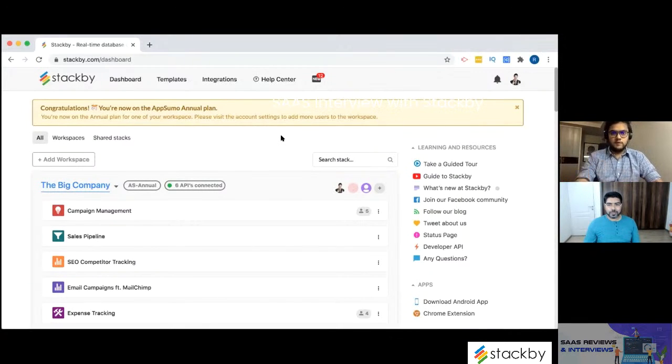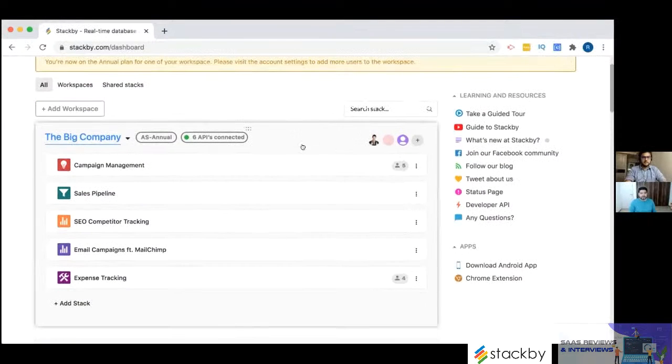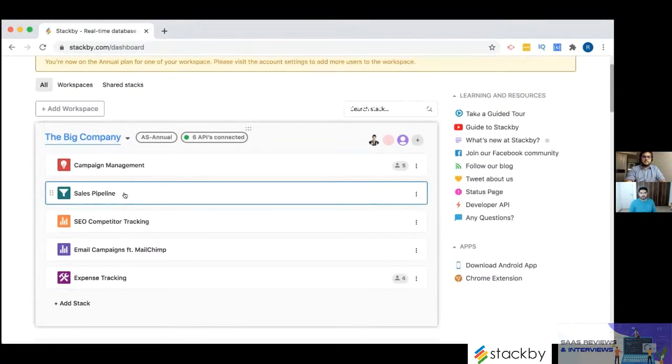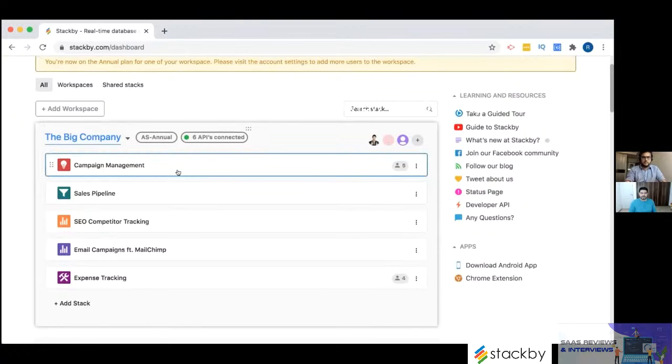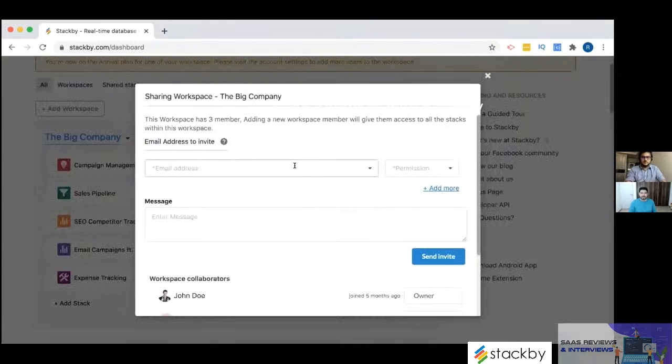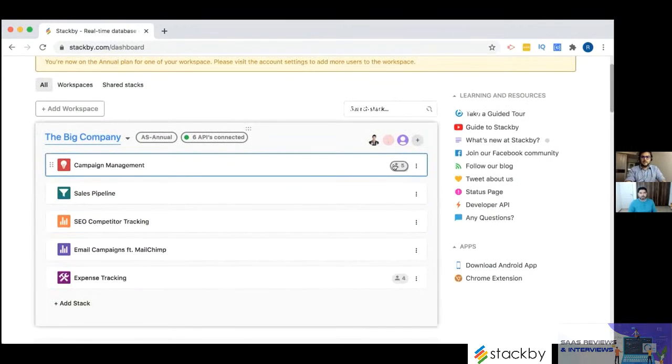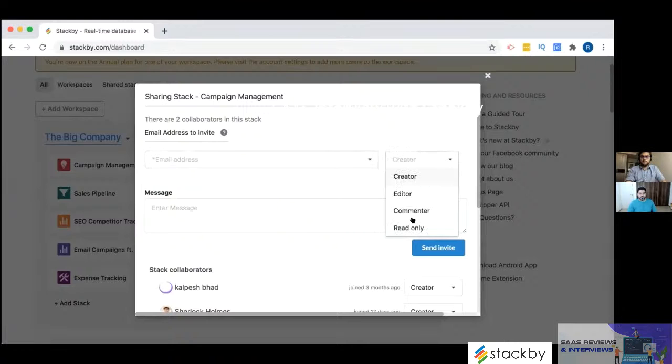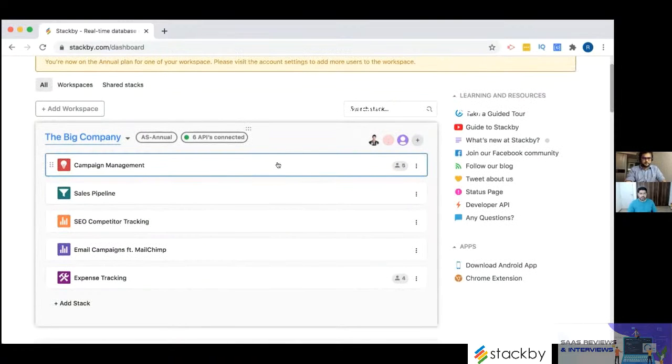So once you log in with your credentials, you enter into a dashboard for Stackby. Now, within the dashboard, there is a workspace. A workspace, for example, is your company or a department. And within the workspace, there are stacks. So stacks are individual worksheets. Think of it as an Excel worksheet or a Google worksheet. So you can invite people both at the workspace level and give them permissions, as well as at the stack level, where you can still invite people and give them permissions. So for example, if I enter into this particular stack,